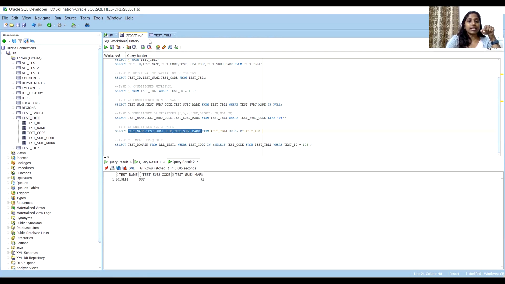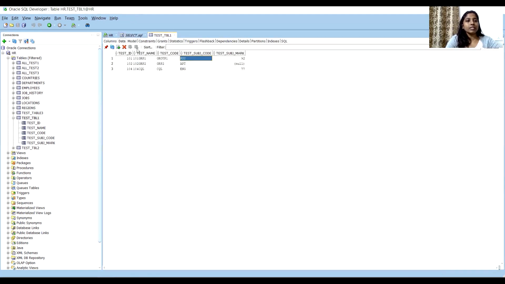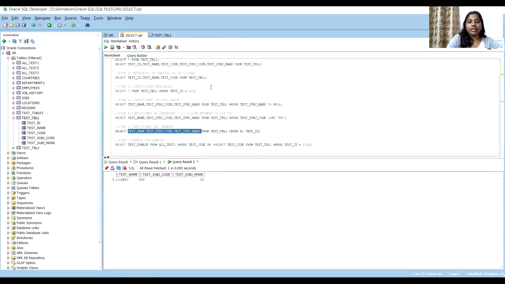For example, in this table I have 101, 102, and 104, so I want to order it. So I'm going to give: select these columns from this table, order by test ID.